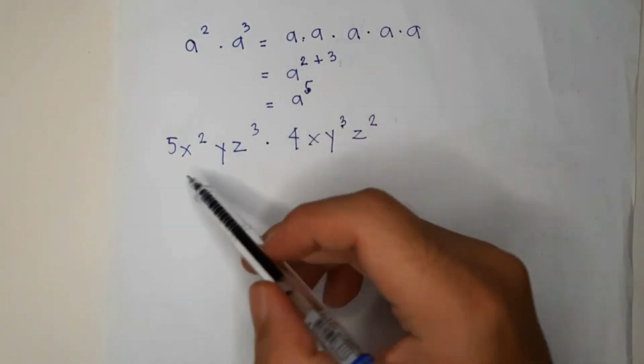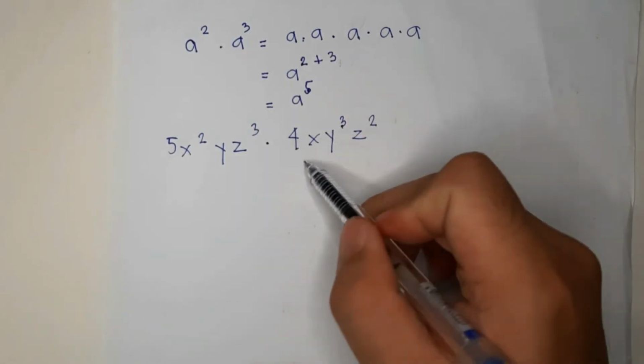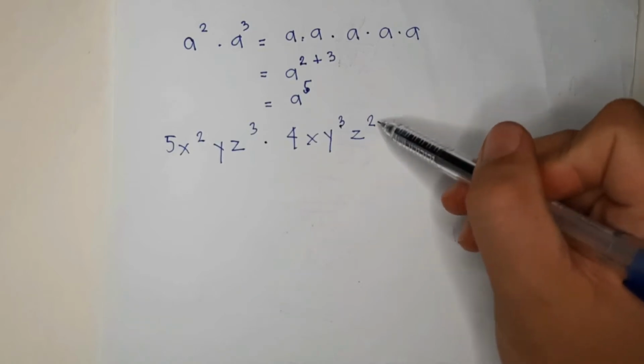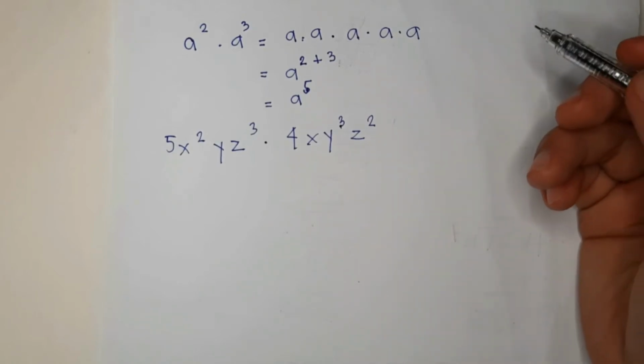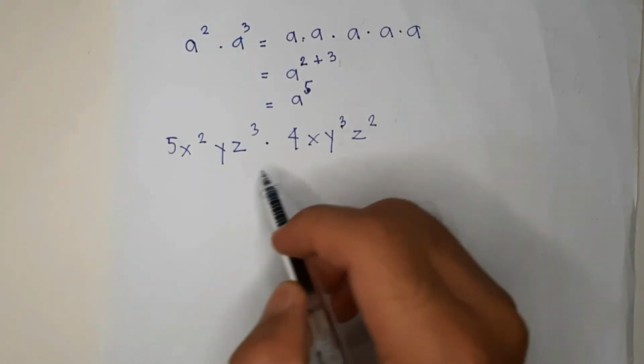So we have 5x squared y z cubed times 4xy cubed z squared. So what we are going to do is we just multiply first the numerical coefficient,